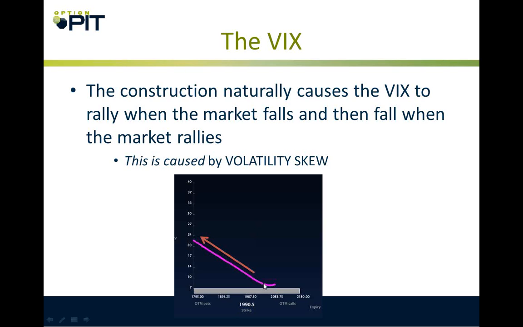So now let's say my at-the-money price is right here. Even if volatility doesn't increase, because at-the-money options have the greatest part of the VIX calculation, if I just slide down, because my weighting is gaining more on the at-the-monies, I'm going to see the VIX rally, whether volatility goes up or not. I can remember regularly in 2009 and 2010, we'd see the VIX up and really implied vol was down.